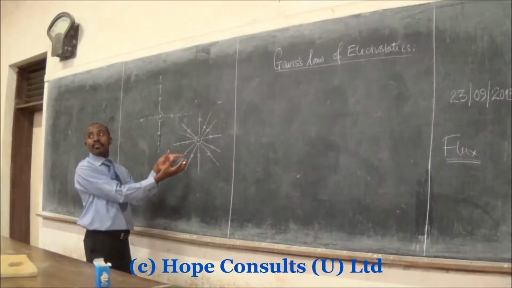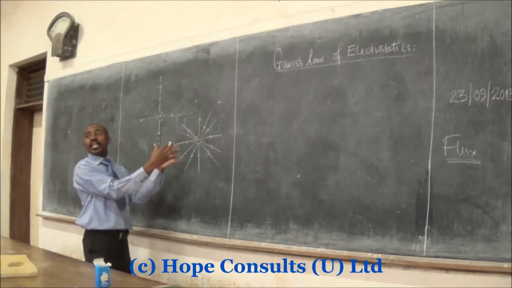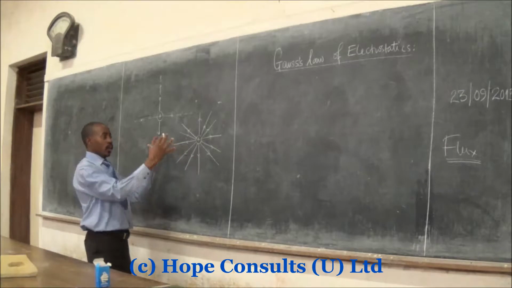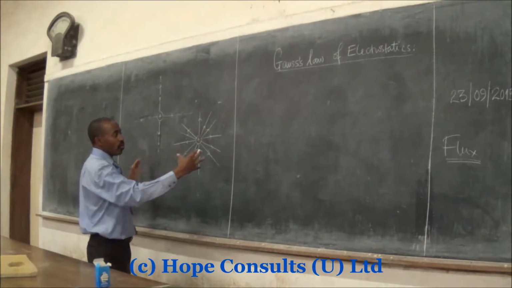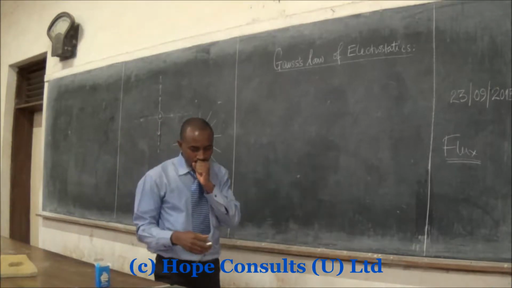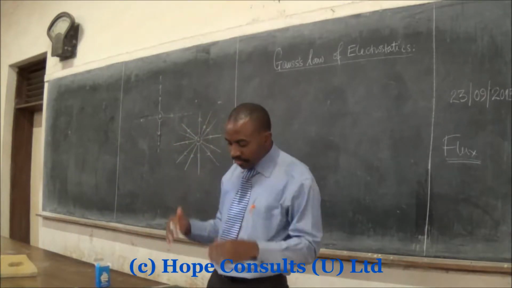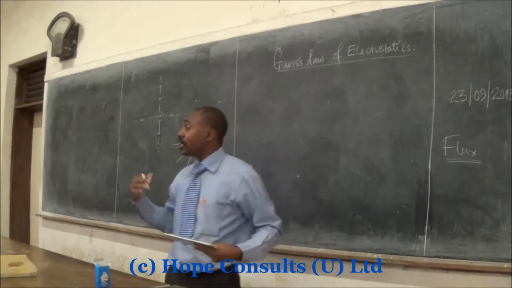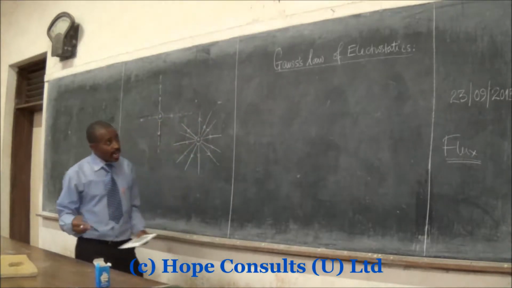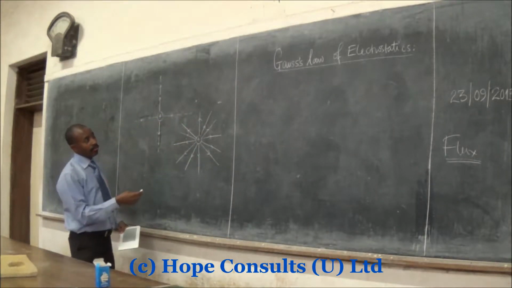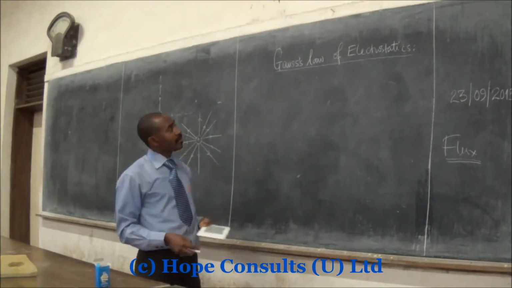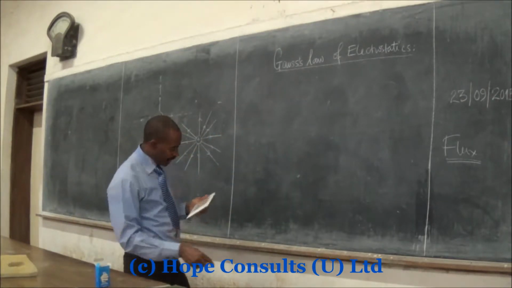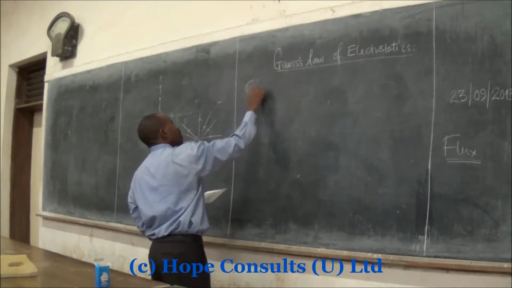Yes, they are the same number of field lines, but if you divide that number of field lines by the huge area, now your flux goes down. So the more you move away from the charge, the flux keeps going down. And we can't have any other way of doing that, apart from borrowing from the ingenuity of Gauss, who came up with the law that the electric